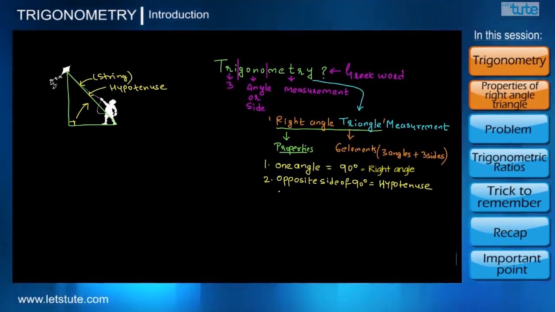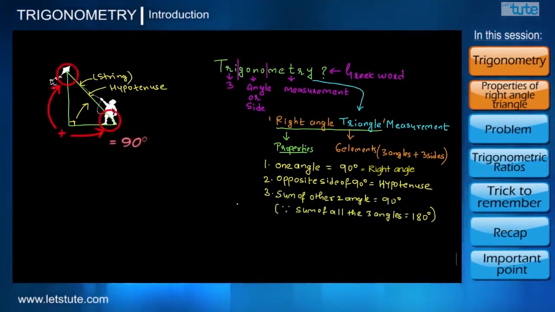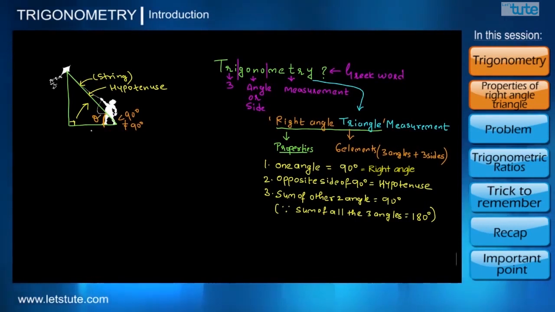Now, one angle of 90 degrees clearly means that the sum of the other 2 angles must be equal to 90 degrees, because we all know that in any triangle, the sum of all the 3 angles is equal to 180 degrees. So about this angle, all I know is this is not 90 degrees and it's less than 90 degrees. So let me call this unknown angle theta. Mathematically, theta is one of the symbols to denote an unknown angle.